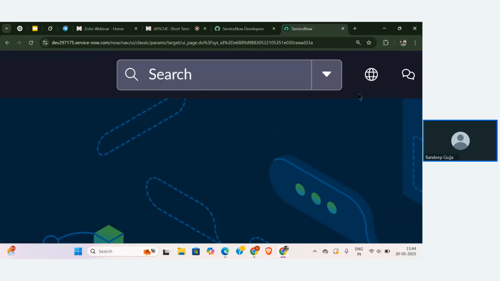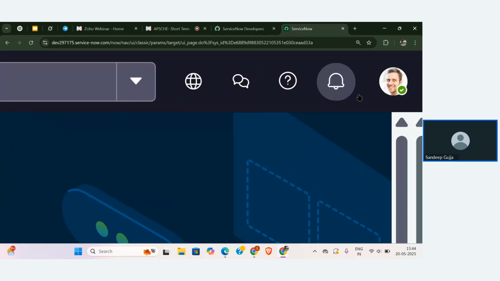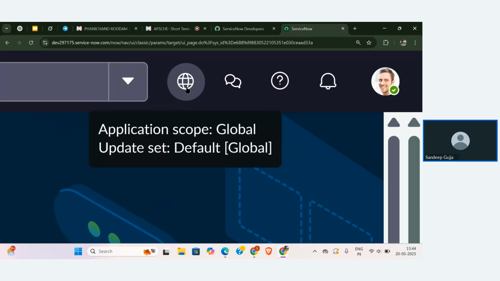So beside this global search, we have a globe symbol, right? What is this globe symbol called? We call this symbol the application picker. The main use of this application picker is to show at which update set and at which application scope you are.